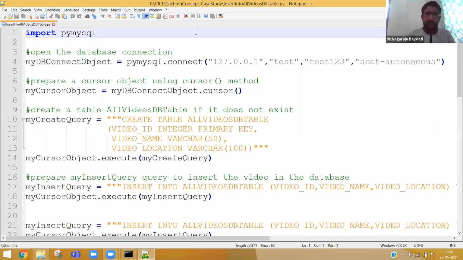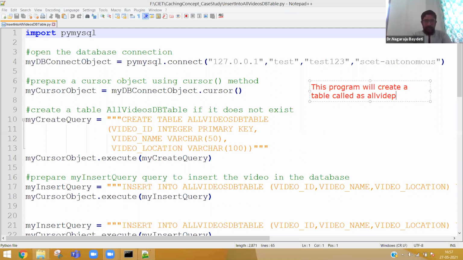So this program will create a table called the all videos table, which is the main table.